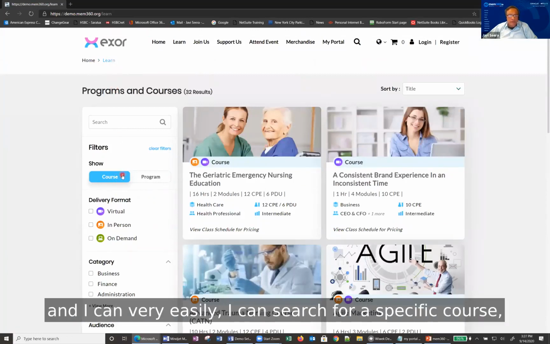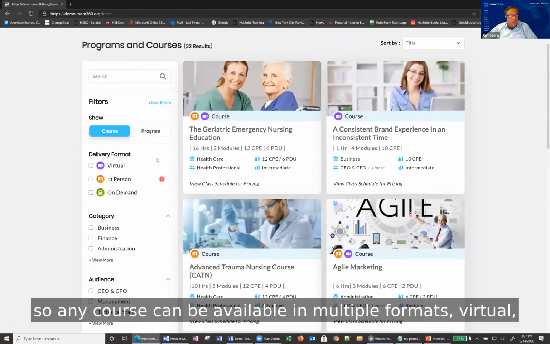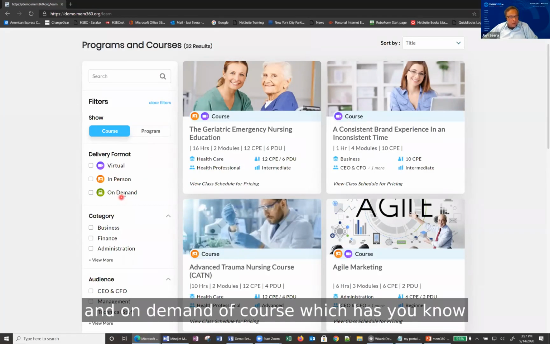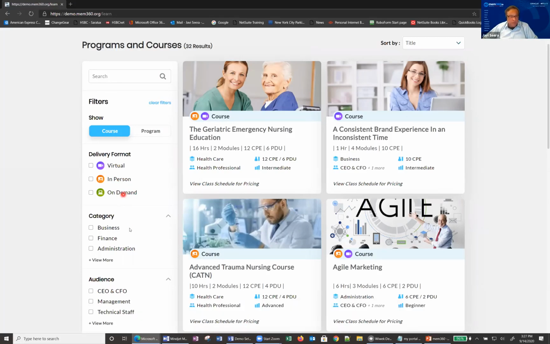I can very easily search for a specific course. There are delivery formats. Any course can be available in multiple formats: virtual, which can be on different dates; in person, which can be on different dates and locations; and on demand, which is all Scorm-based content that I can view and go through all the coursework.